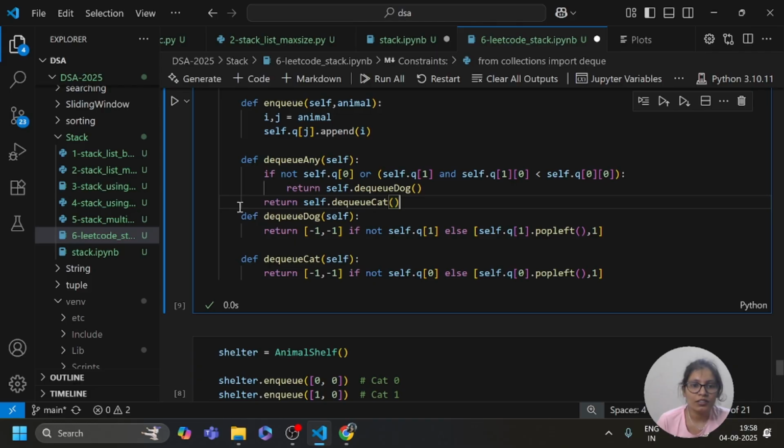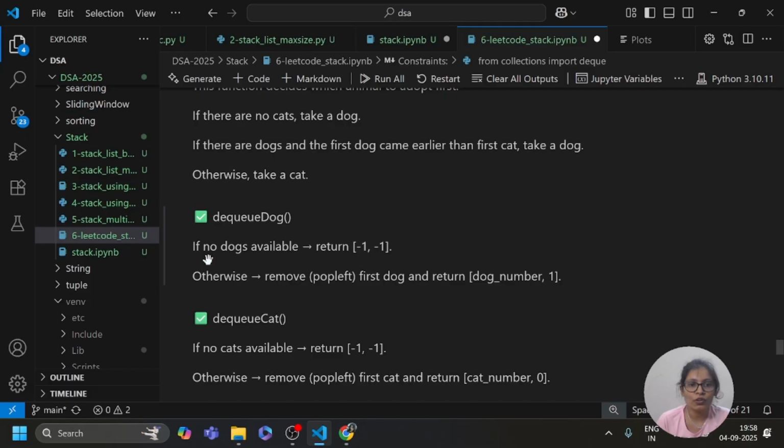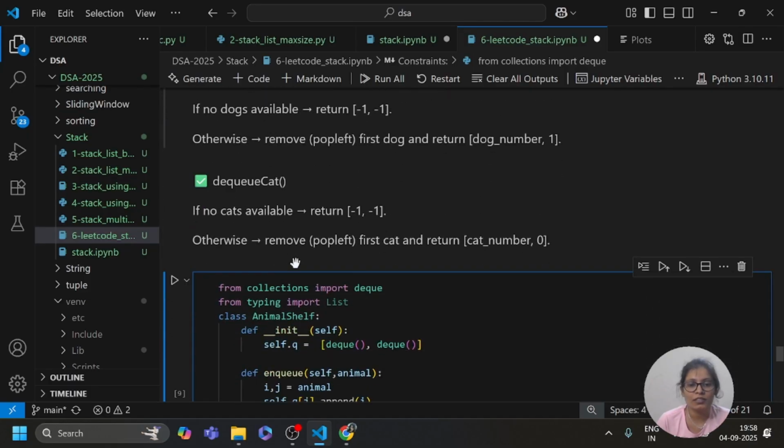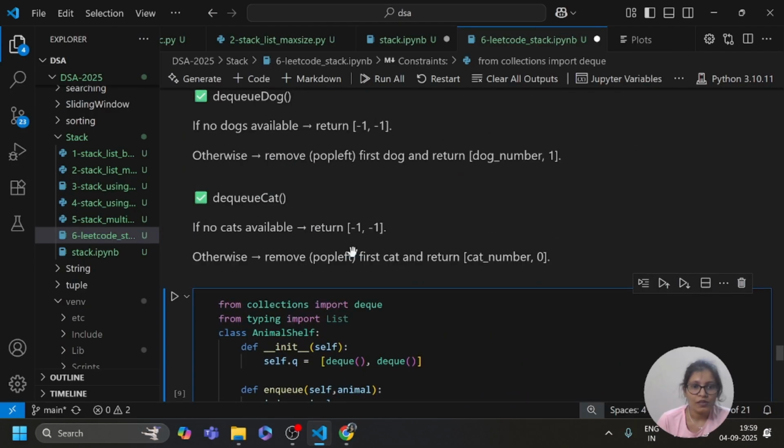After that dequeue dog: if no dog is available, it returns -1, -1, that is, if not self.q[1], else self.q[1].popleft(), comma 1.